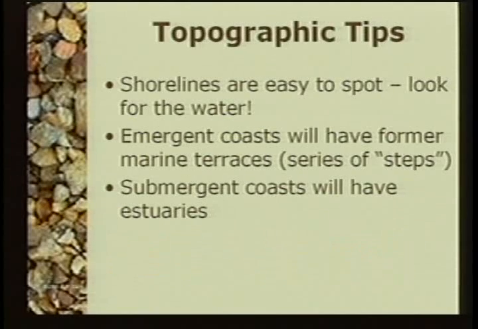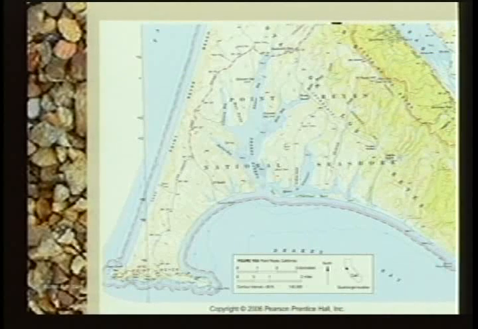So, how do we approach a topographic map? Well, here are some tips. Shorelines are easy to spot. Just look for the water. Emergent coasts may have those former marine terraces, the series of steps that we just saw in that photograph. A submergent coast will have estuaries. We also looked at directions of longshore currents because of spits. So let's take a look at an example and see if we can pick out